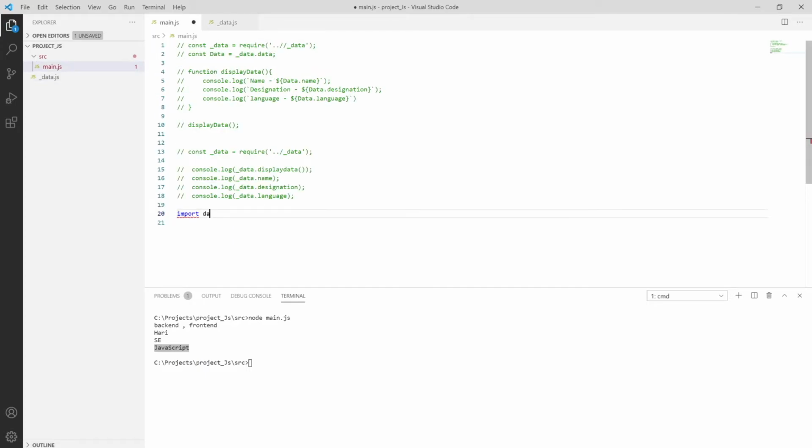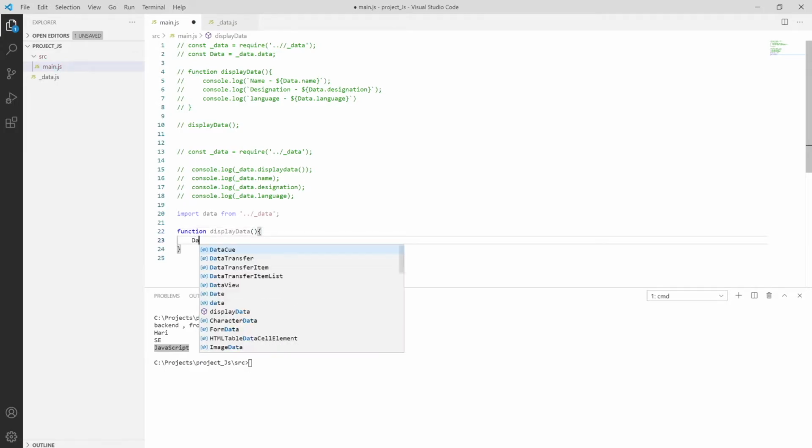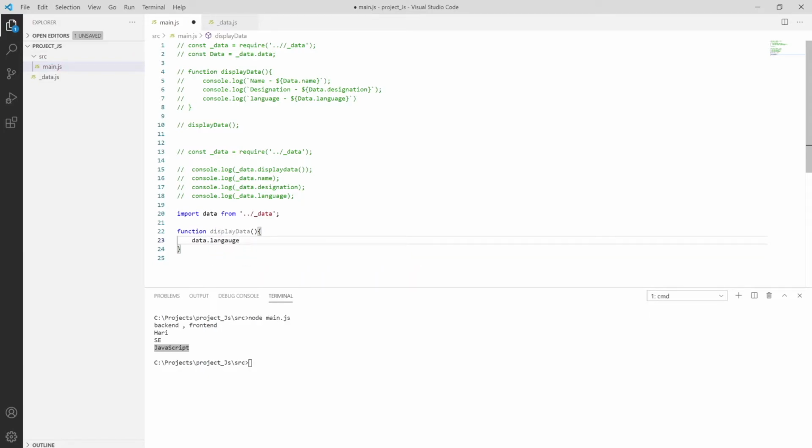So import data, and put the keyword from, say from where you want to import the data. Write it down as this. From here I want to import the data, and I want to create or display the data. So I'm creating one more function, displayData over here. That function will display data of data.language, and inside the language I'm using a forEach loop.